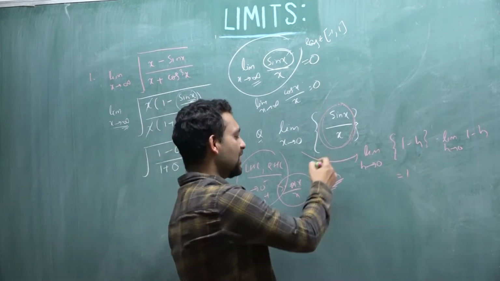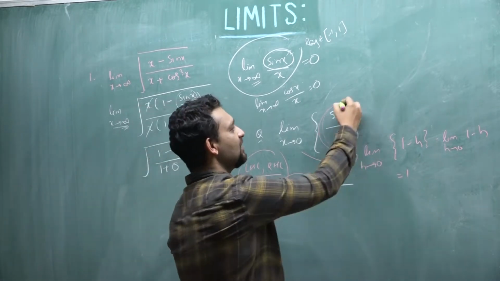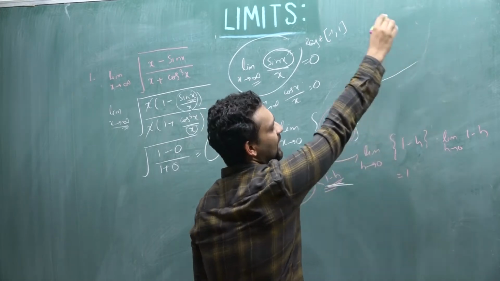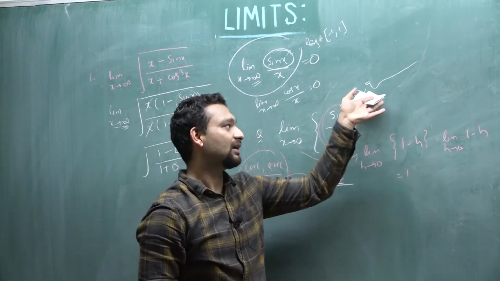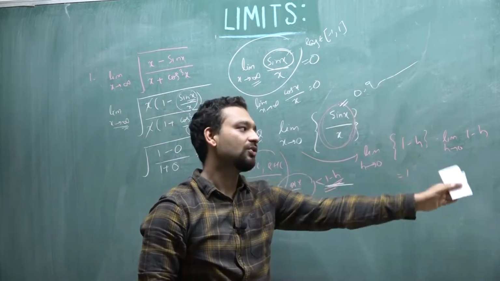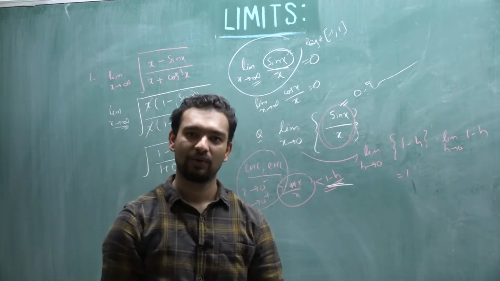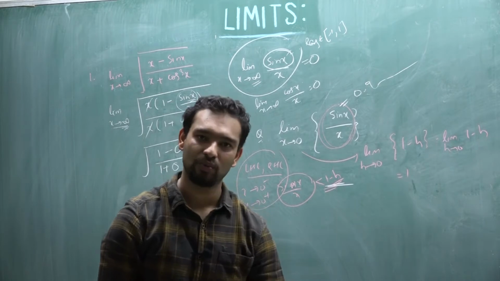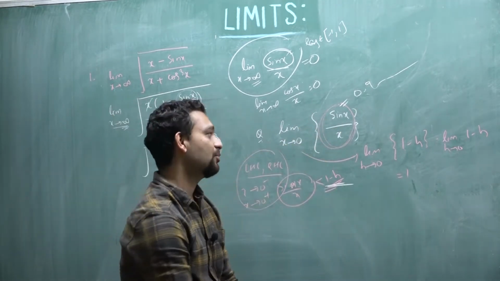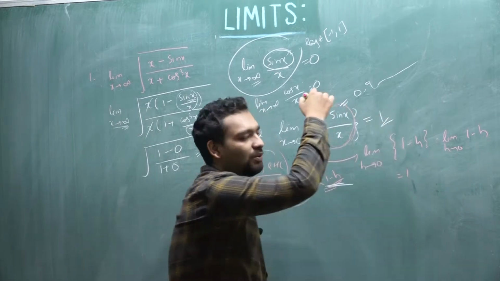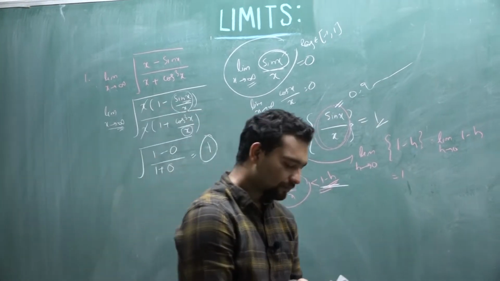See, sin x upon x will be a quantity less than 1, and very close to 1. So this value will approximately be, let's say, 0.999999 and so on. So its fractional part will be the same value, which you can approximately write as equal to 1. So for limit x tending to 0, the fractional part of sin x upon x will always be 1. Clear? Okay, moving on. Next one.